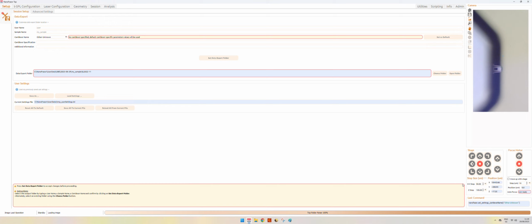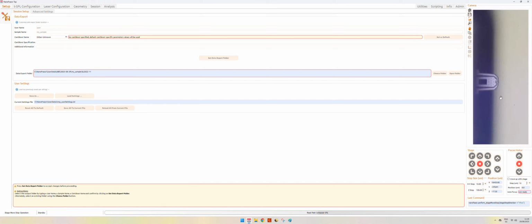So if we want to move by 10 microns, we can just put 10, press enter, and we will move on the right. This is going up on Y by 10 microns. It's hard to detect now, but if we zoom in, we see that we're moving up by 10, and the same is for Z. So if we move up by 20, we will see that we will lose a little bit of focus on the cantilever. So in this case, the cantilever is going up.